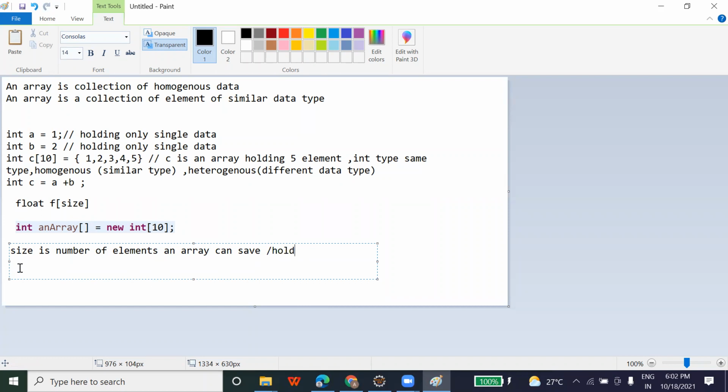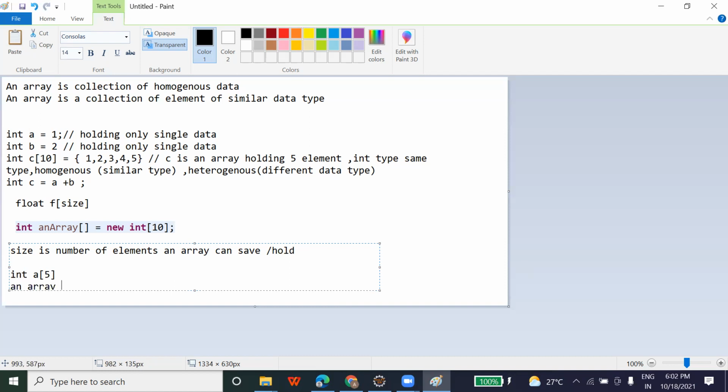So if I give you an example, let me take integer a, where a is the name of an array, and this is the size, let me take 5. Here, how many elements can array a hold?